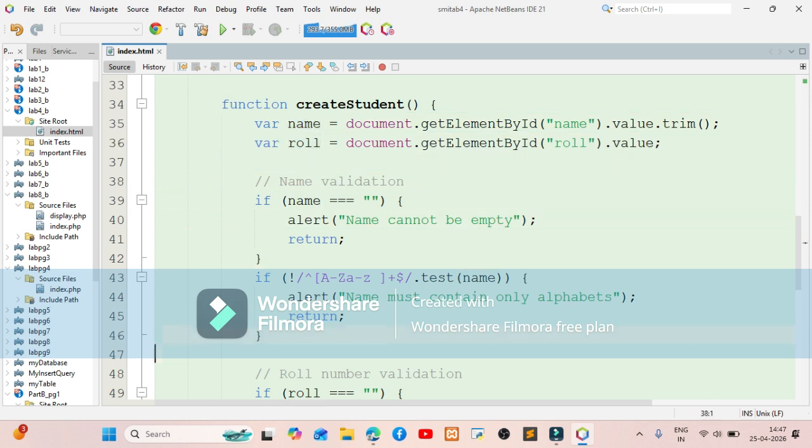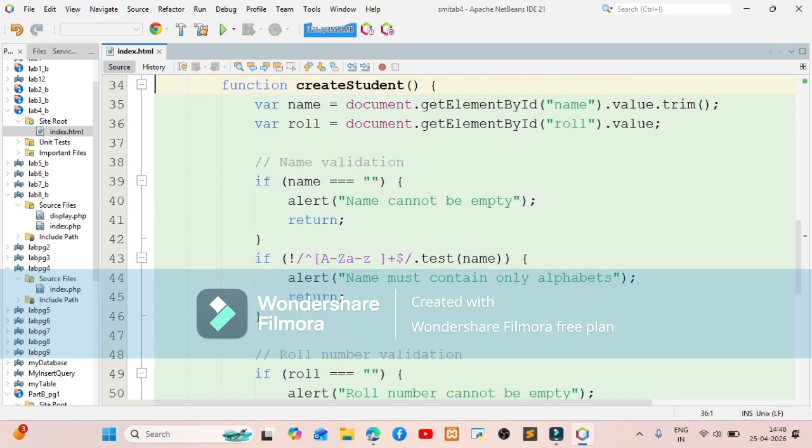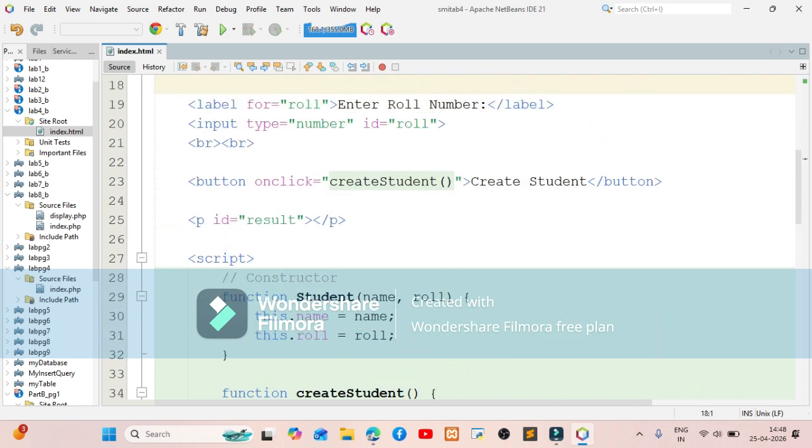Now since we have already accepted the name and roll number from the user, we have also created an object and we have supplied the name and roll number entered by the user to our object. Now is the time to display the user's name as well as the roll number. If you go back to the HTML document, you see here a paragraph.